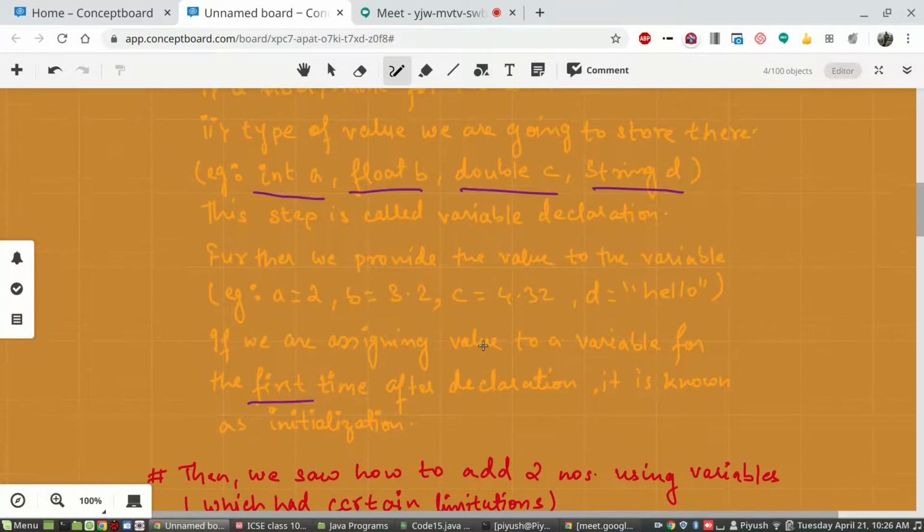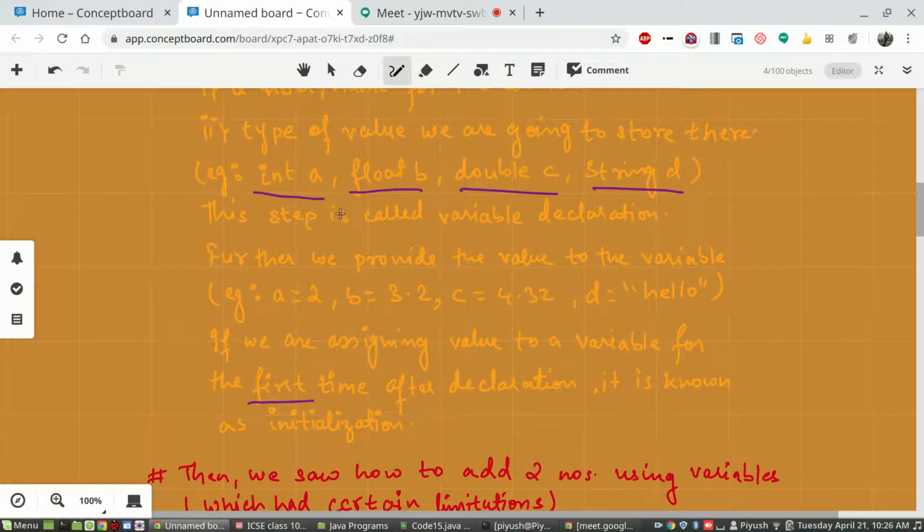However, when you store the actual value in that memory location for the first time, as we discussed in the last class, that line is known as initialization, or variable initialization. Initializing means to give the initial or starting value. So whenever you put a value for the first time in the memory location using its identifier or name, you have just initialized your variable, or given the starting value to your variable.